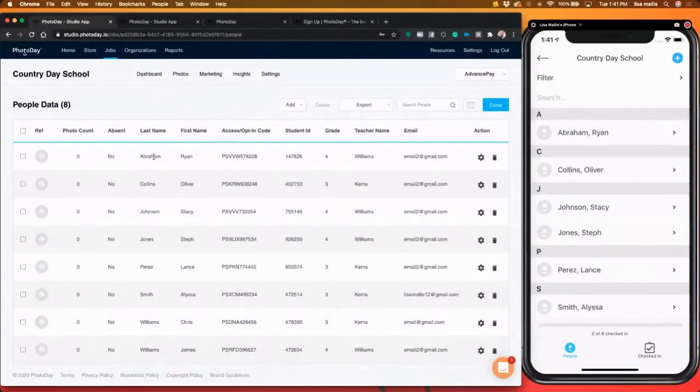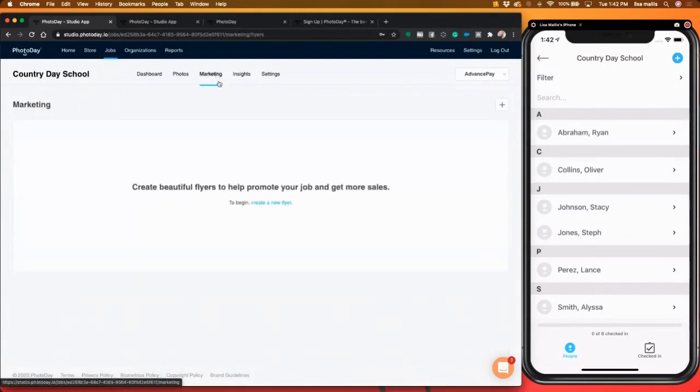If you duplicate records, no big deal. You can go in and manually clean it up in PhotoDay after the fact. So that's not an issue. All right, cool. So I put this gallery in advanced pay mode, and now I'm going to create a flyer